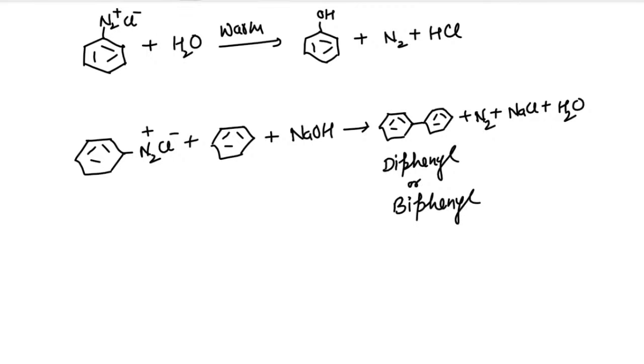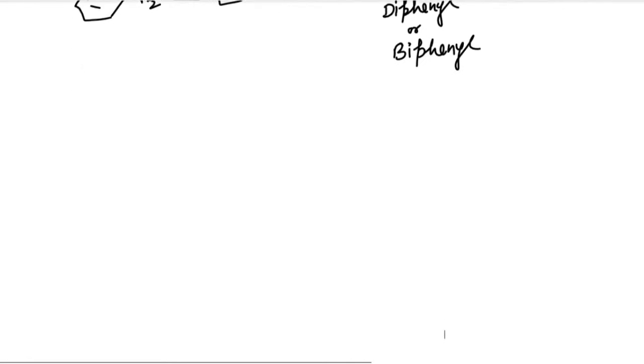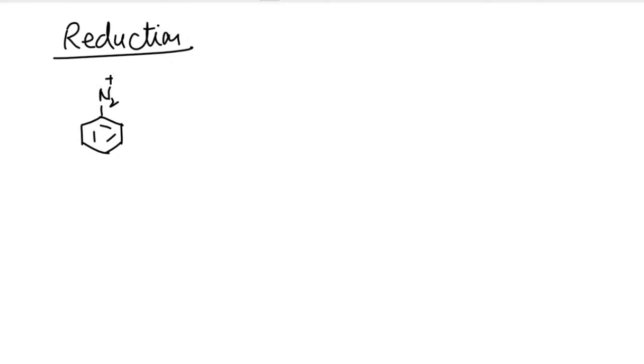Yes. Next is simple reduction of diazonium salt. So reduction of diazonium salt can be done with hypophosphorus acid or ethanol. Okay. So reduction, or we can say conversion of benzene diazonium chloride into benzene. So in this reaction, what we do, see, this is the diazonium salt. We treat it with